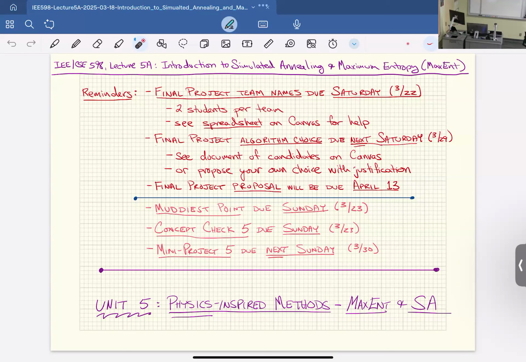All right, so we are shifting on. We finished Unit 4, those niche preserving algorithms. If you go back and look at the PDF of the notes from that class, I added a page at the end where I summarized the computational complexity for each one of those. Some of you in your muddiest points said that you're having trouble seeing where some of those complexity numbers came from, and I tried to respond to that in the muddiest points. I'm about halfway through the muddiest points, and once I post those, you'll see that. But I'm not too concerned that you can tell that one particular one is going to be n squared, or that restricted tournament selection will be in W.